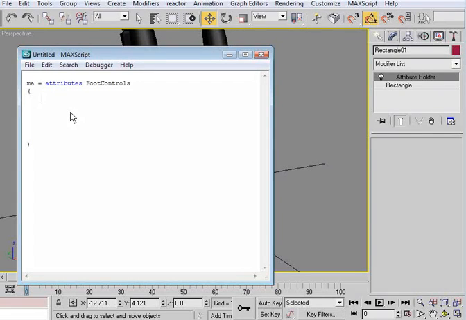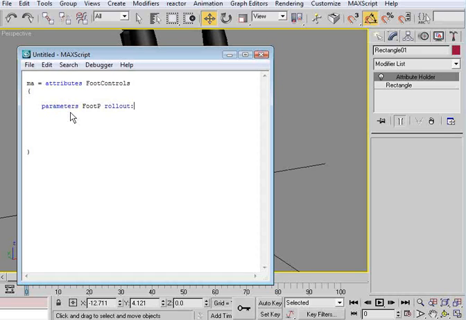The first thing we need to do is create a parameters block, which is going to create all the parameters that are going to be used with these controls. So I'm going to call this foot, capital P, for foot parameters,